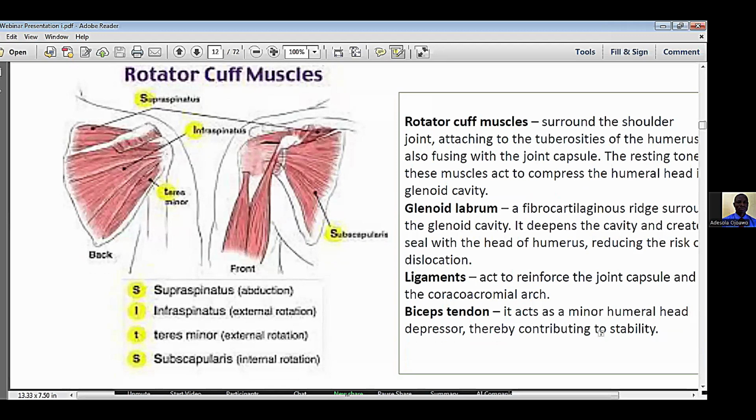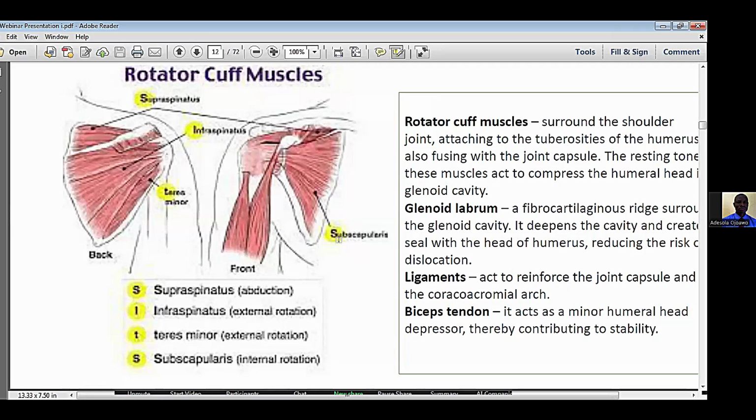Biceps head and where it inserts try to create a kind of pull down. It is pulling the head of humerus down so that it doesn't have all the effort to move on. So the arch and the biceps tendon are responsible for supporting the head of humerus down, keeping it in the place where it's supposed to be. If not, once you raise up your shoulder, the thing will dislocate superiorly. But by virtue of those muscles, the joint is able to be